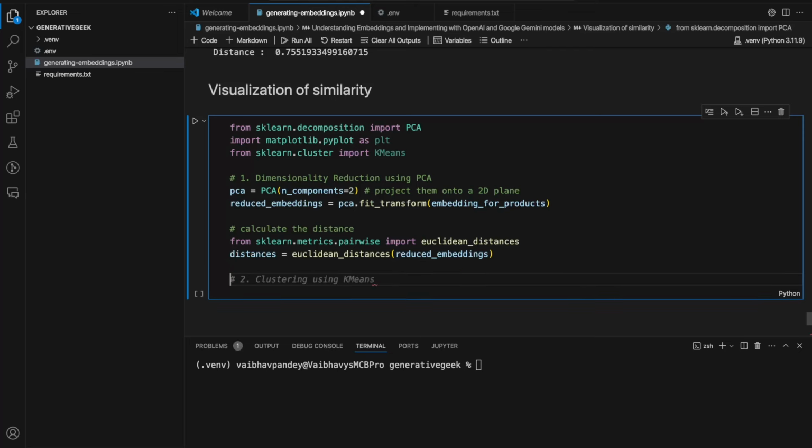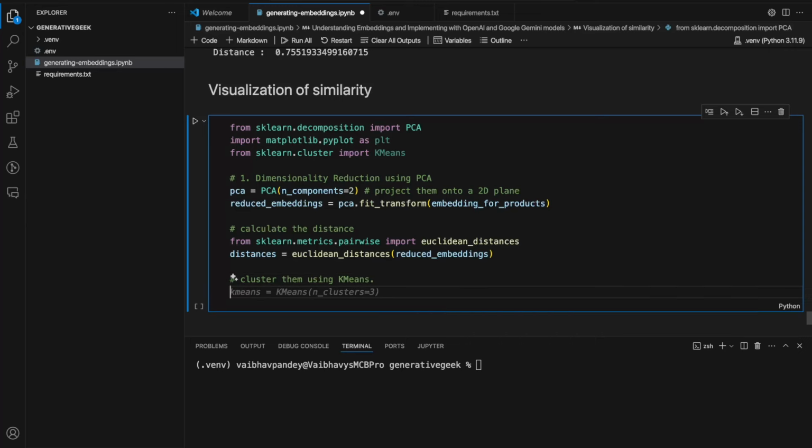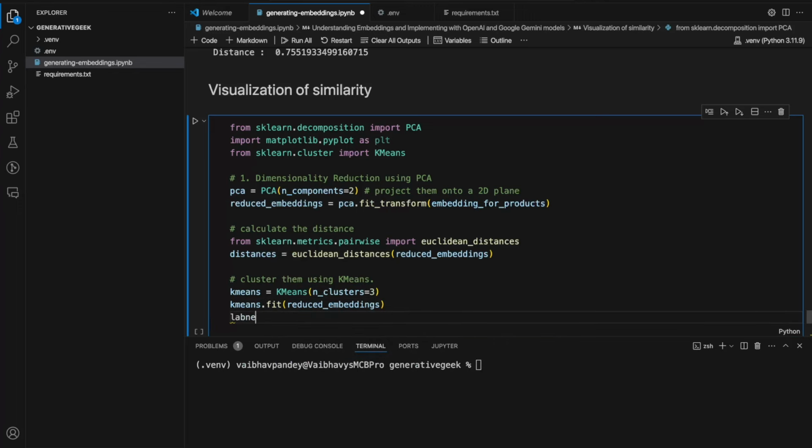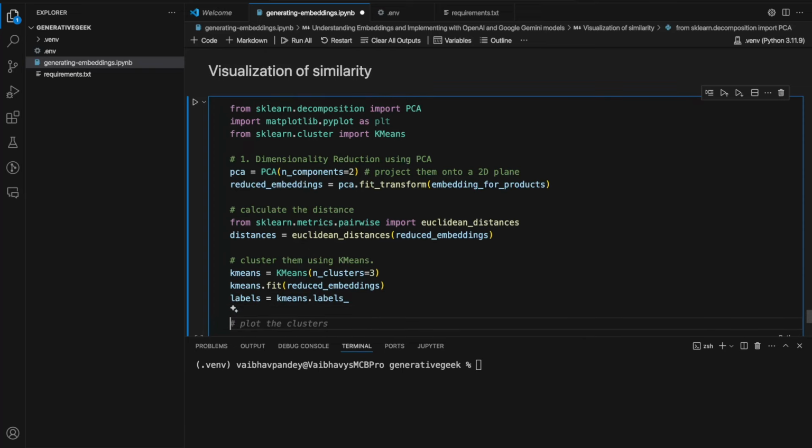Next, we'll cluster them using k-means. We have 3 categories. I know that in k-means you have to actually give how many clusters you want, and we know that we have 3 categories, so I'll give 3 clusters for now, and we just run kmeans.fit on reduced embeddings. Labels is equal to kmeans.labels_, and the next step is just visualizing the clusters with matplotlib,